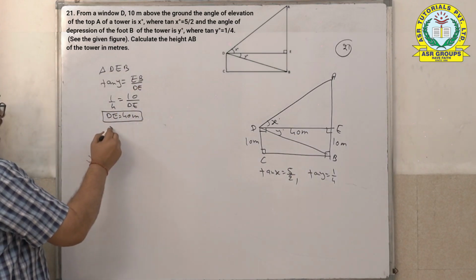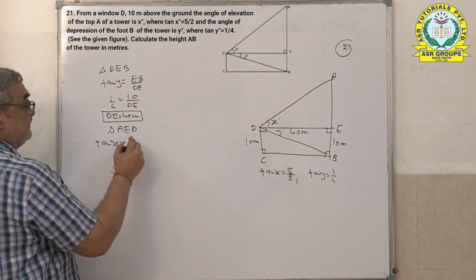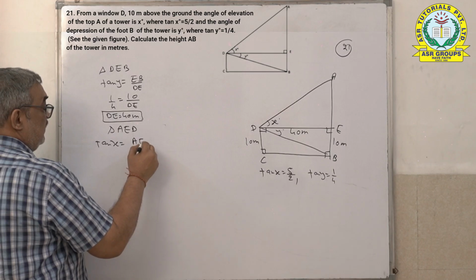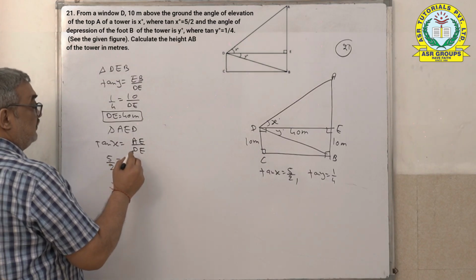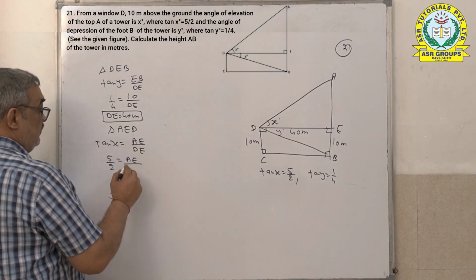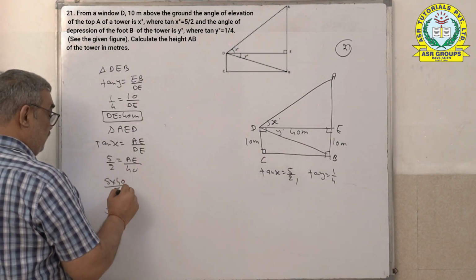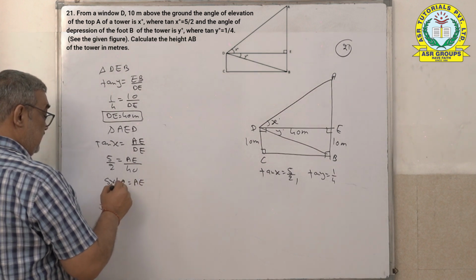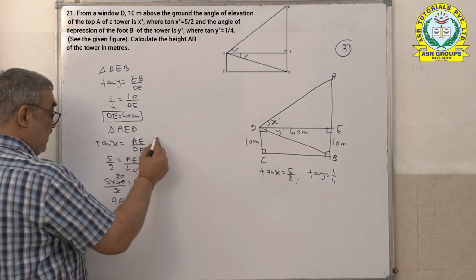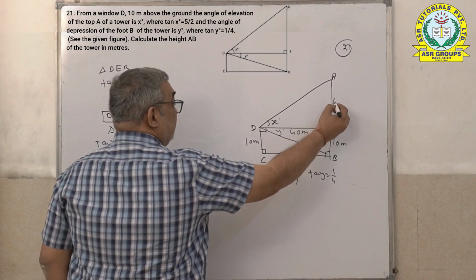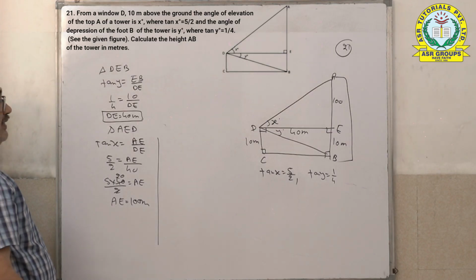Now I'll use triangle AED. Tan X is AE upon DE, 5/2. AE I don't know. Bring 40 here, 40 into 5 upon 2. So AE is 100 meter. This is 100. So height of the tower